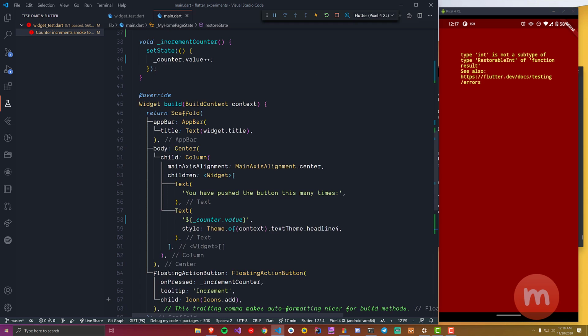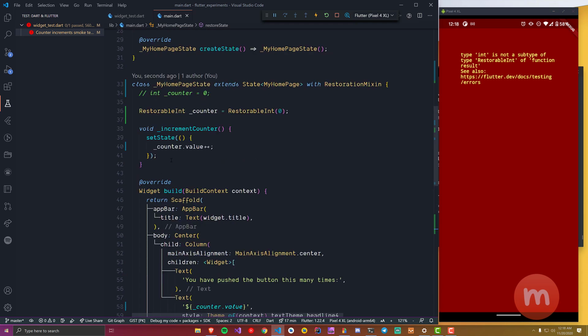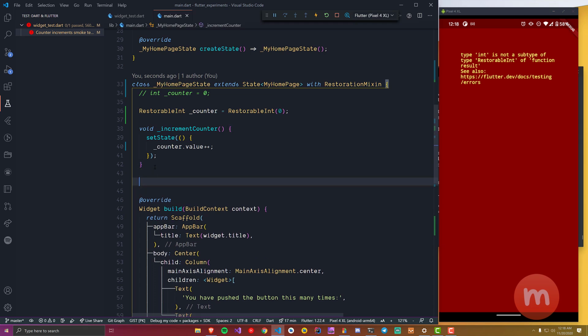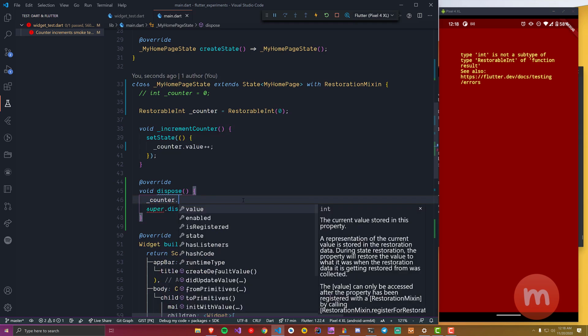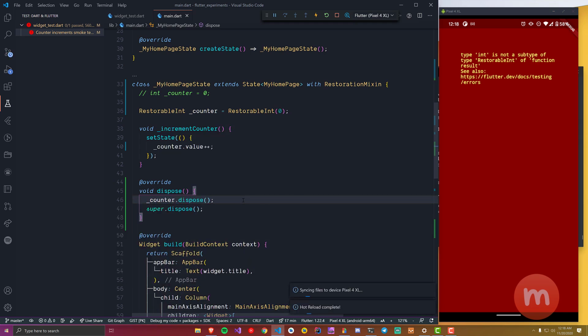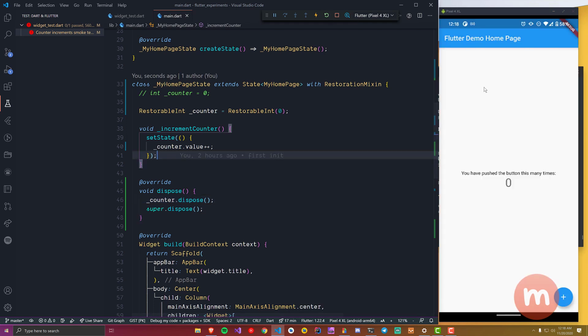This is one thing. Okay, this is saying that some issue happened because we have to restart. One more thing which is left is that you have to dispose these properties as well. So inside dispose, I'll just say counter dot dispose. Okay, and now if I do a hot restart, you can see I have plus 7, and if you